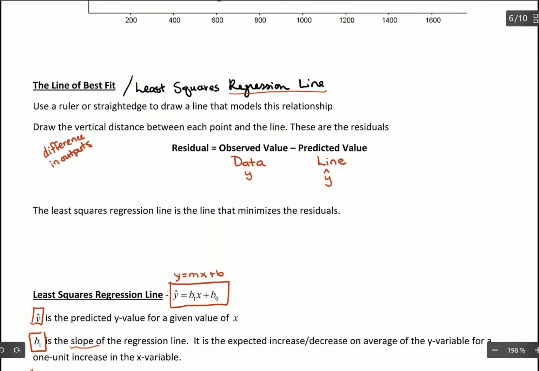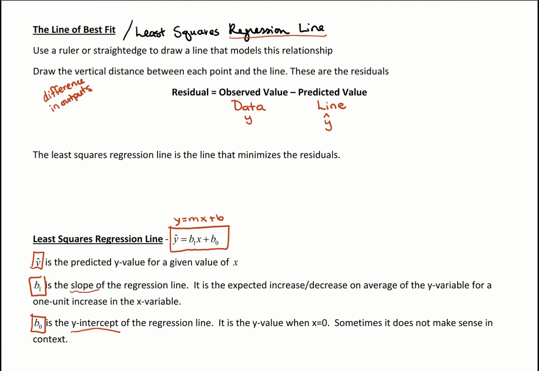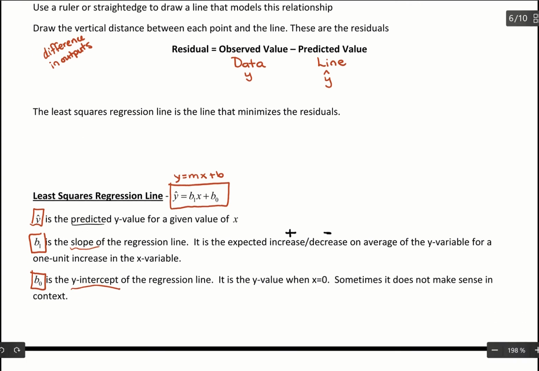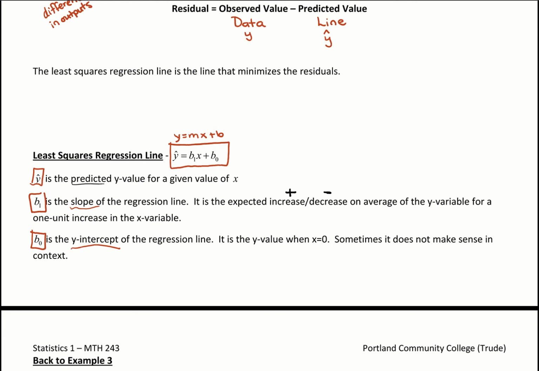So this equation for the line that we're seeing, it relates to y equals mx plus b. We just use y hat because we're predicting values. b1 is our slope, and that's representing, if it's positive, the increase, and if it's negative, the decrease on average of the y variable for 1 unit increase in the x variable. So when we make sentences describing the slope, what we'll work with is if we increase x by 1 unit,